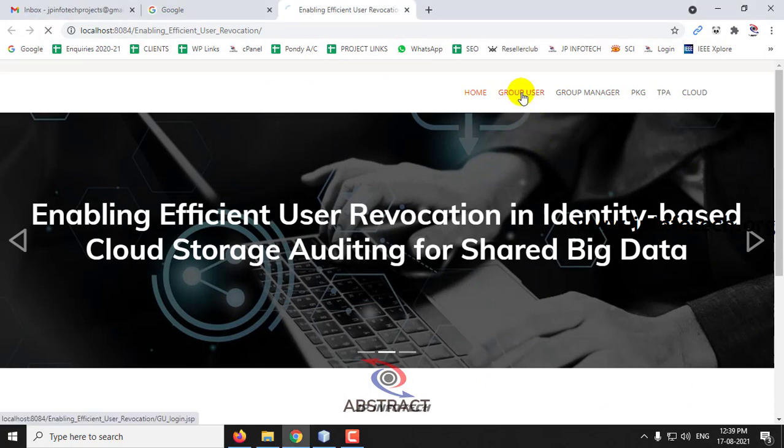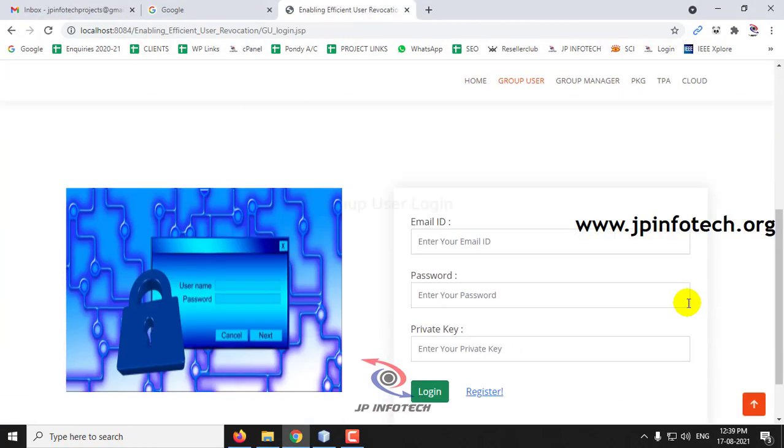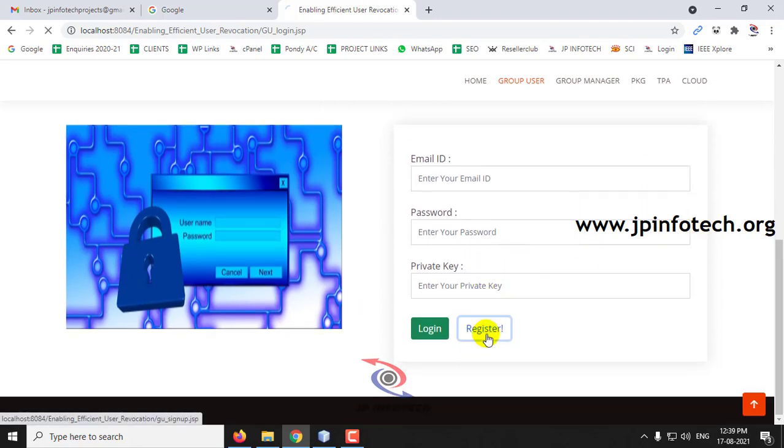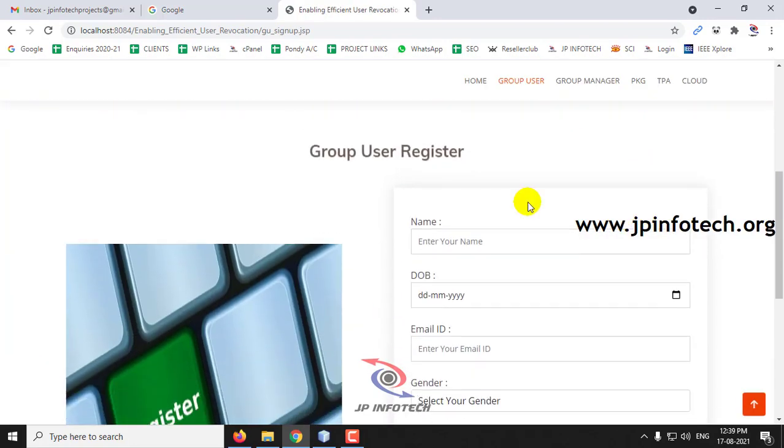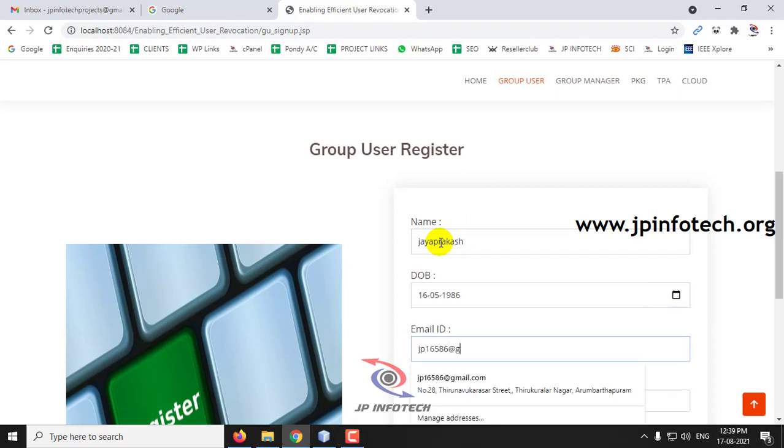group user part. This is the group user login. I do not have a group user login, so first let me register. Go to the registration part. This is the group user registration part. Let me enter my name here, Jayaprakash, date of birth, email ID, gender,